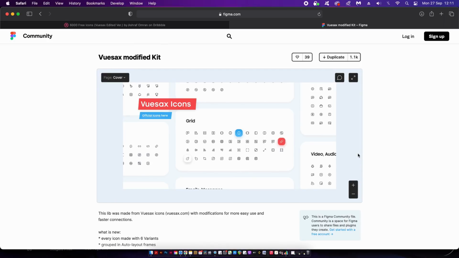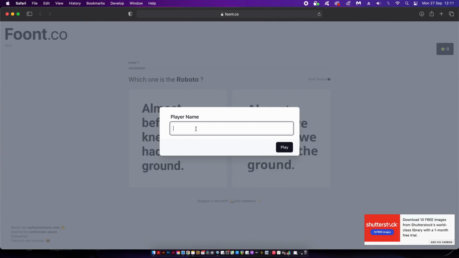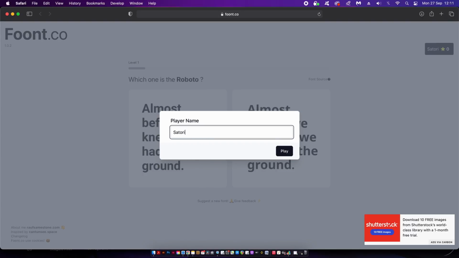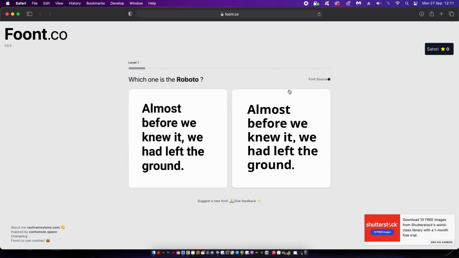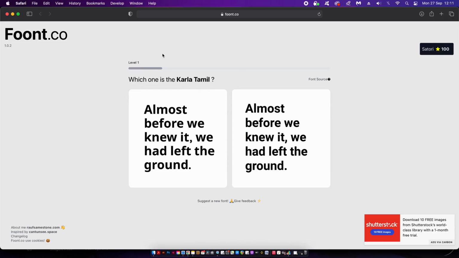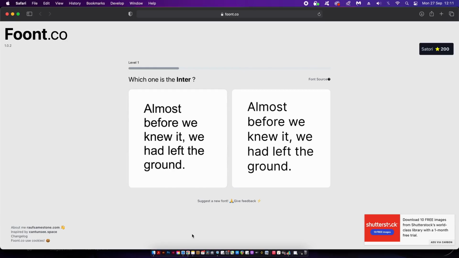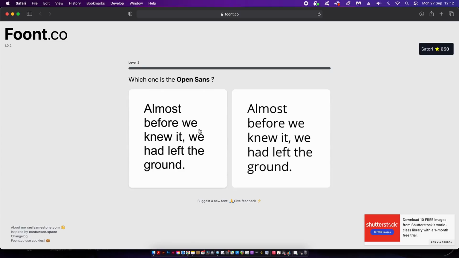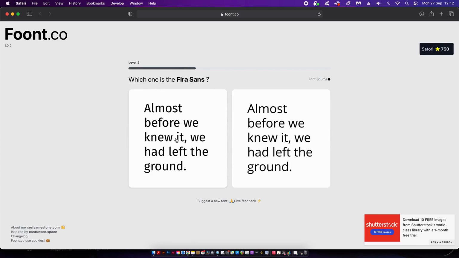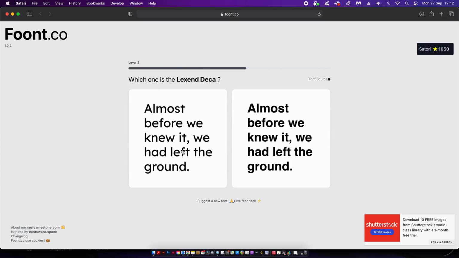This is a game that tests your knowledge of fonts as a graphic designer. You simply just input your name and then you begin to guess which font you think matches to the font ID at the top. I'm going to fast forward my attempts at this game, but I will say this, it does get quite a bit tricky as it does pair up fonts that look really similar. There are a few key giveaways that I noticed in my experience as a